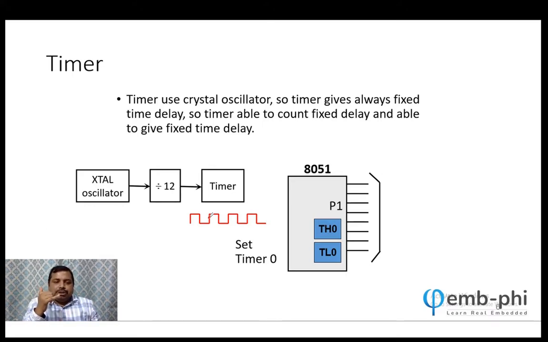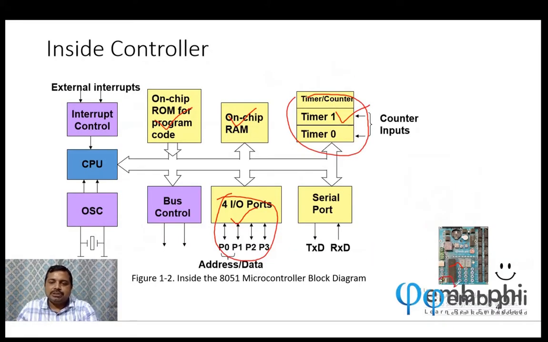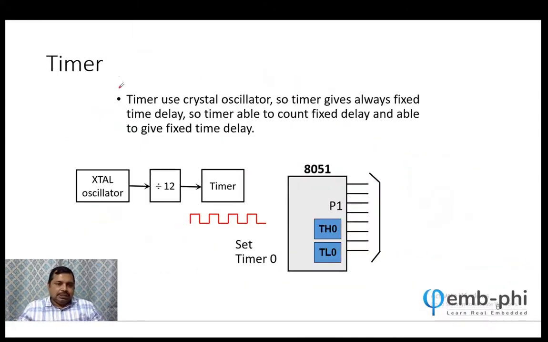Hope you understand. So what the timer does is, we have the crystal oscillator. What is a crystal oscillator? You can see here, this is the crystal oscillator. You have the M5 board; check in your M5 board, in this area you will have the crystal oscillator. This crystal oscillator gives the output like this, 1 volt peak to peak. This type of signal the crystal oscillator is giving.